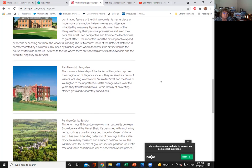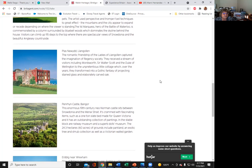The artist uses perspective and trompe-l'oeil techniques to great effect. The mountains and the city appear to expand or recede depending on where the viewer is standing. The first Marquis, hero of the Battle of Waterloo, is commemorated by a column surrounded by bluebell woods, which dominates the skyline behind the house. Visitors can climb up 115 steps to the top, where there are spectacular views of Snowdonia and the beautiful